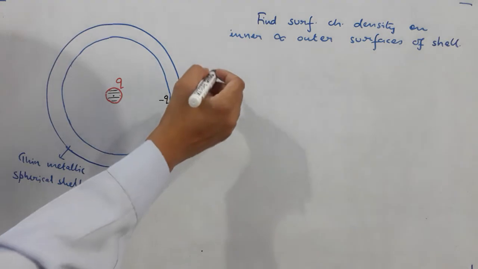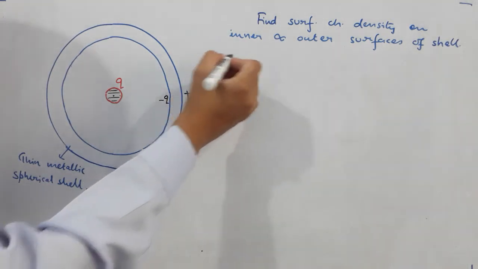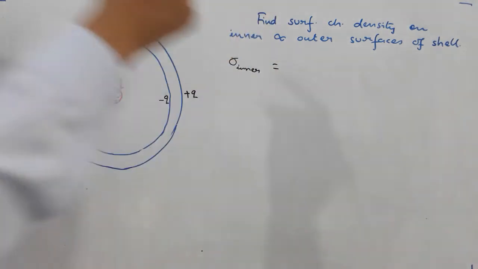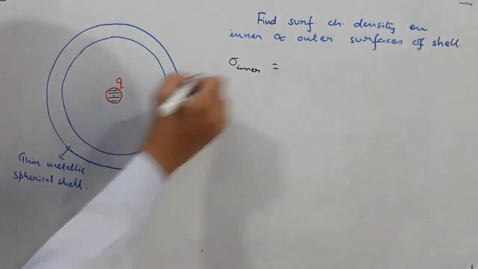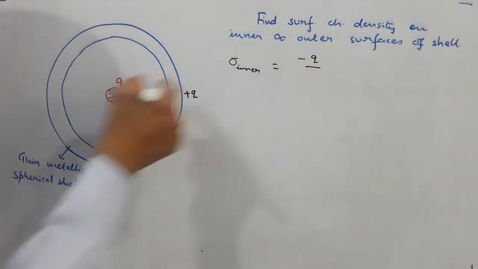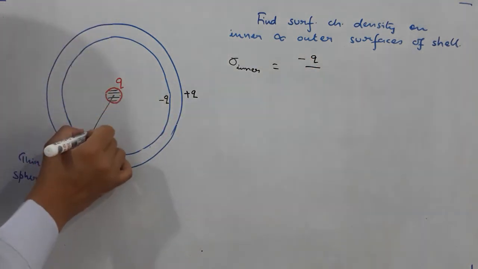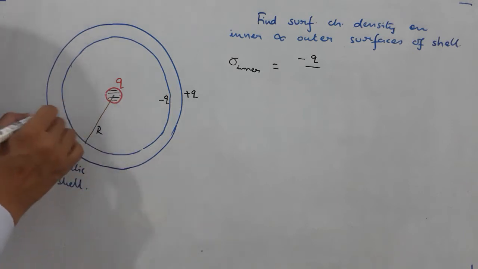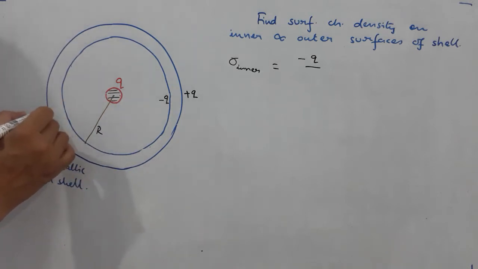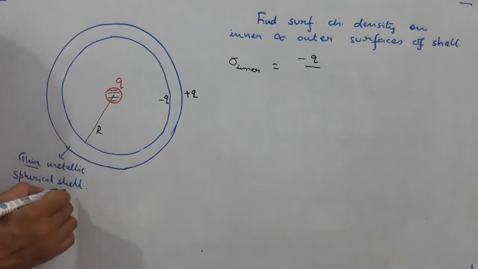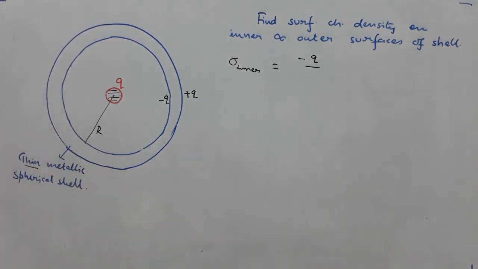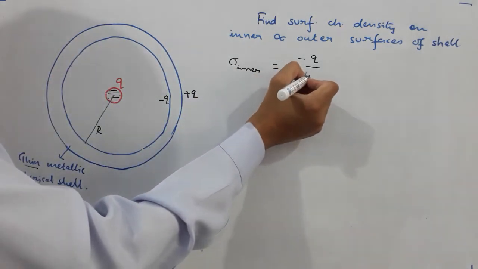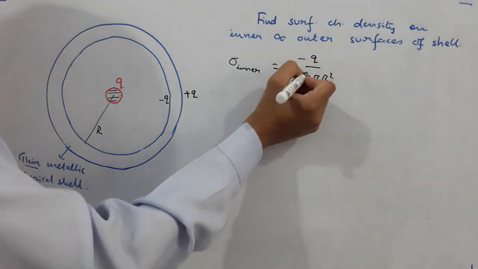And therefore the answer to this particular question will become this, that sigma inner, the surface charge density of the inner surface, will be charge, minus Q, upon its area. Now the radius will be given, suppose inner radius and outer radius are almost the same. For the sake of clarity, I have drawn this thickness to be very big, but it is a thin metallic spherical cell, so its thickness can be neglected. So inner and outer radii you will take as R only. So this surface area will become how much? 4 pi R square.